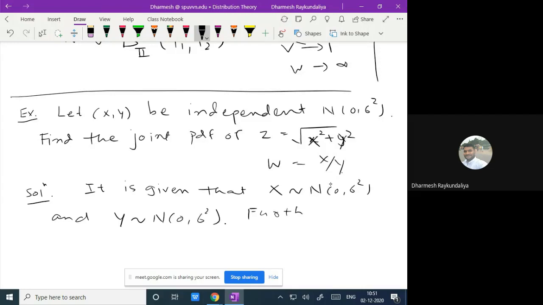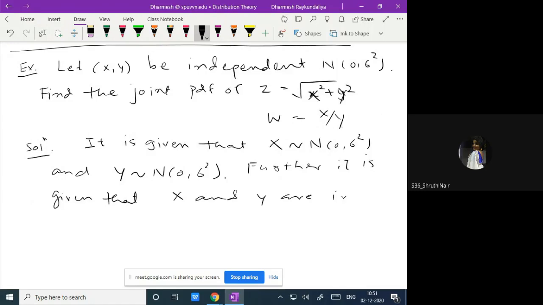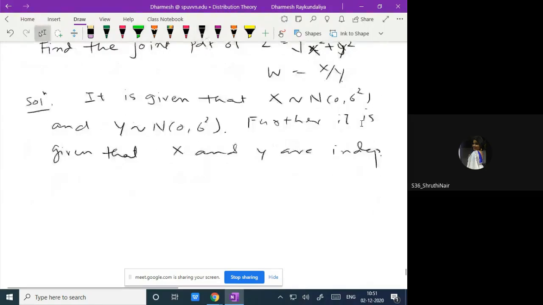Further, it is given that X and Y are independent. Okay. So we wish to find out the distribution of